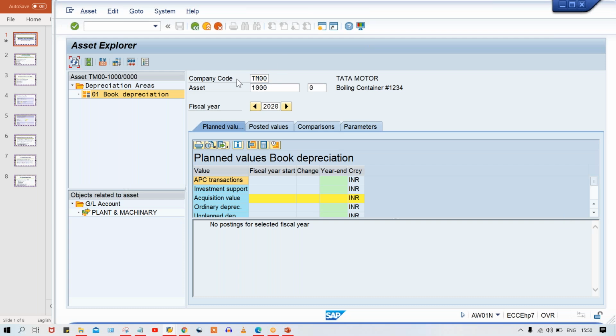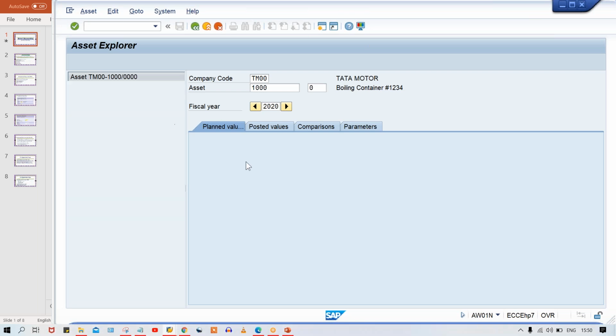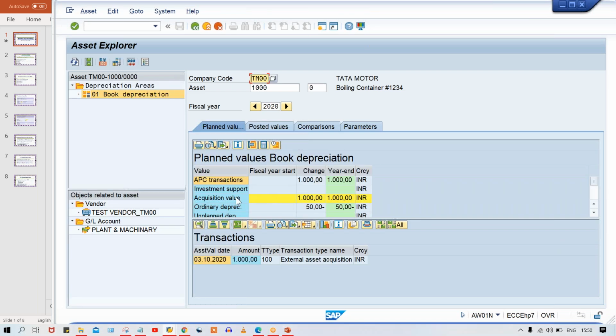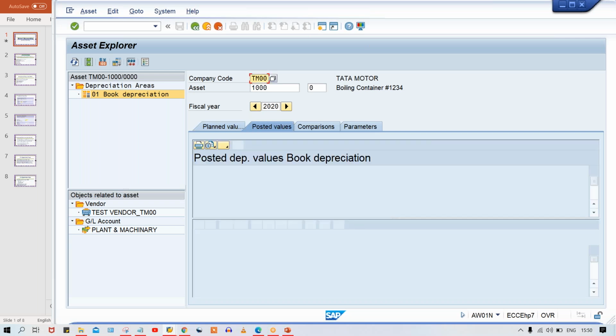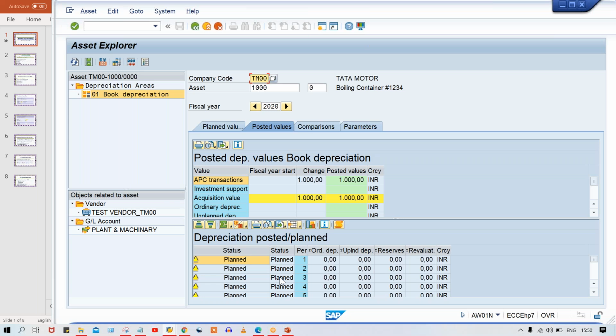So right now here, just click here, refresh, and if you refresh, then what is happening, guys? Look at here, the acquisition value is appearing, and the system is showing ordinary depreciation. So this is not the calculated value, guys. Look at here, posted value, right? So this is not a posted value at all. This is a planned value, right? And planned value means, look at here, for first month, second month,